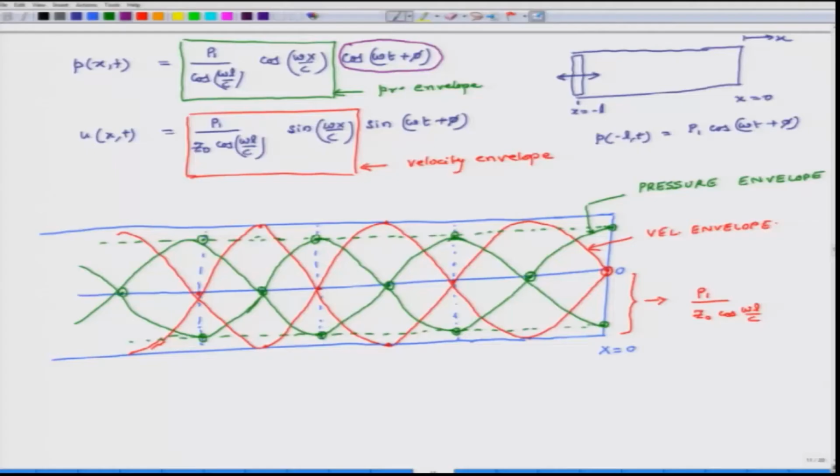So, for all positions, cosine of omega t plus phi moves between +1 and -1 regardless of the position, because time is changing, right. So, it can move between +1 and -1,